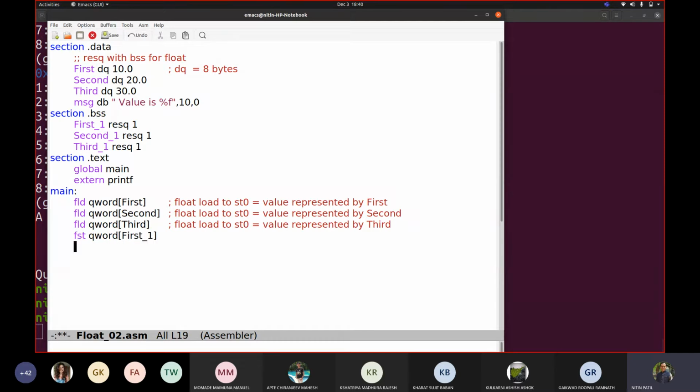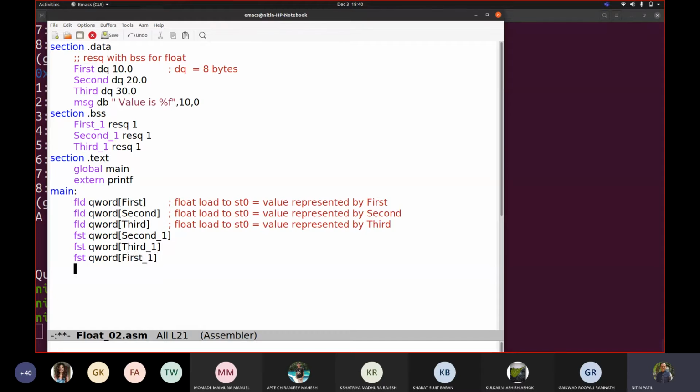Let me write this again. Sorry, I forgot that second. I'm making some change in the order so that we will experience something different: second, third, and first. Fine, we are storing them.